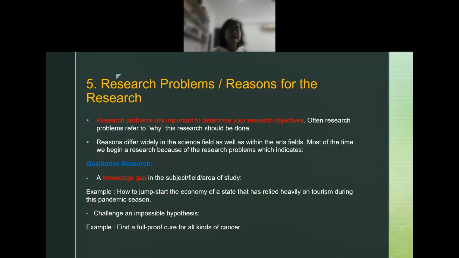Okay, so what we refer to here is called a knowledge gap. Okay, a knowledge gap in the subject. Normally, a research is done because very little has been said about that subject in that field or in that area of study.